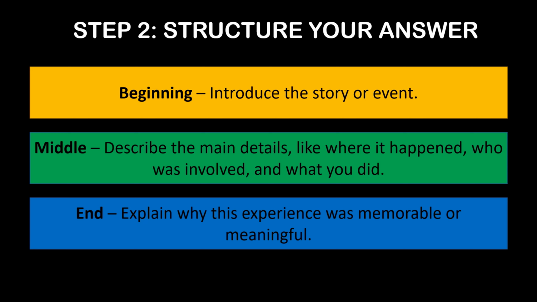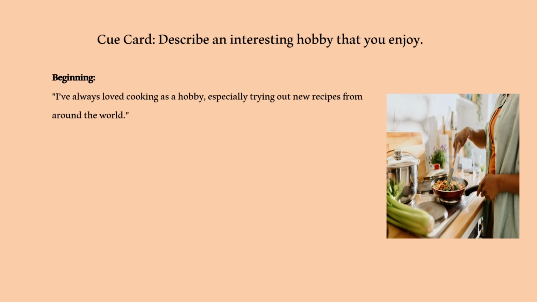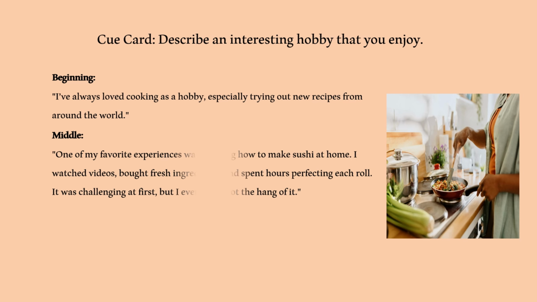Let's try another example together. Imagine the cue card says, describe an interesting hobby that you enjoy. For this one, let's say your hobby is cooking. Here's how you can structure your response. In the beginning part, you can say, I've always loved cooking as a hobby, especially trying out new recipes from around the world. In the middle part, you can say, one of my favorite experiences was learning how to make